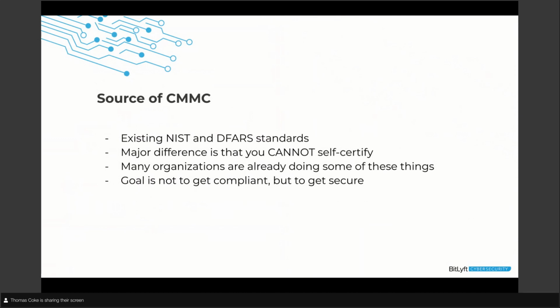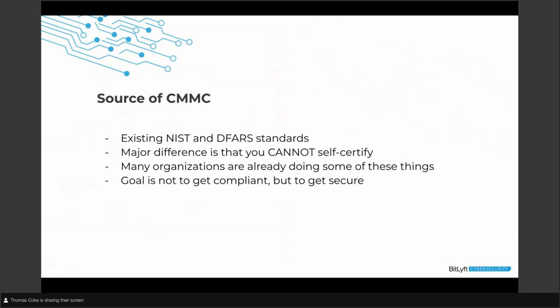So what we've seen is actually a number of people who we've met who said, in the past, I told people I was doing X, Y, and Z, but we really weren't doing it, or we weren't doing it to the full extent we could have. Now you're going to have to. Someone's actually going to look at that, give you a rating, give you a score, make sure things are in place. They had to write down certain policies that they hadn't updated in a long time. So going through just your general security policies and your general plans overall and refreshing those, this is a great time to do it, doing it with the CMMC in mind.